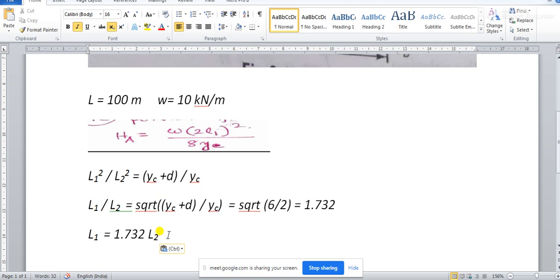So once you know this equation, from this, if I want to find out the value of L1 and L2, what can I write? L is equal to L1 plus L2. So it's basically algebraic equation solution, nothing else. Okay. So L1 plus L2,